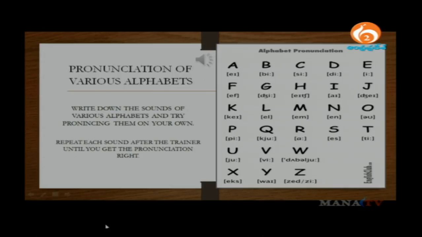The first is A. Then we have B. Then we have C. Then D. Then we have A. And then we have F. And then we have Z. And then we have H. Then we have I. Again J. Then K. Then